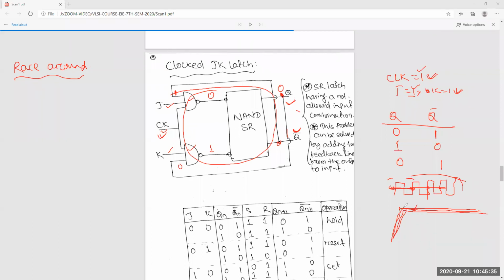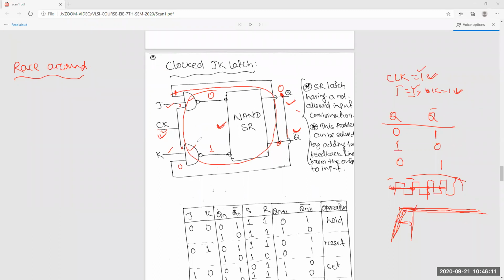If the clock is this, what happens? Nothing. After this clock it will be 0, that means whatever the value is, it stays the same. It will not propagate because at that time it's 0. This value is 0, this value is 0, and it does not depend on this again. So we have to reduce the clock period, or increase the propagation delay.